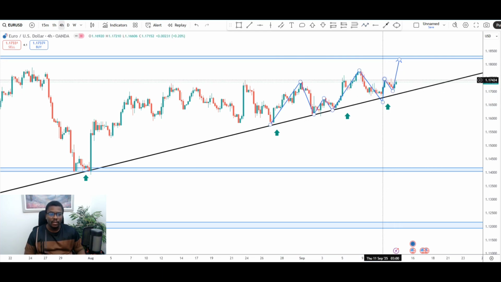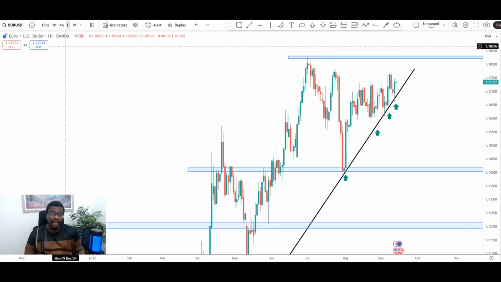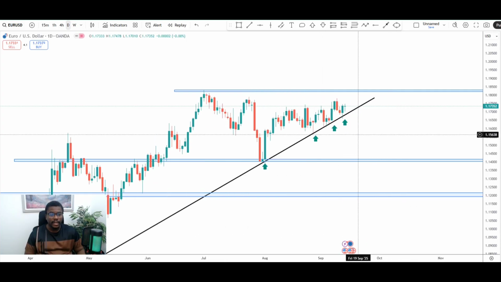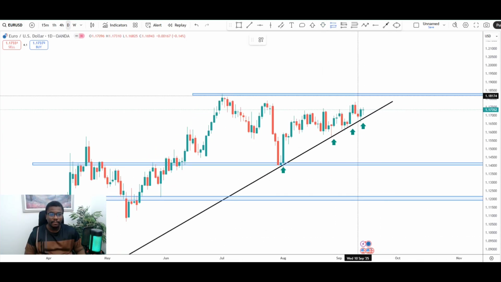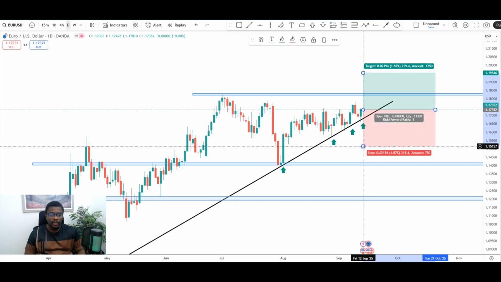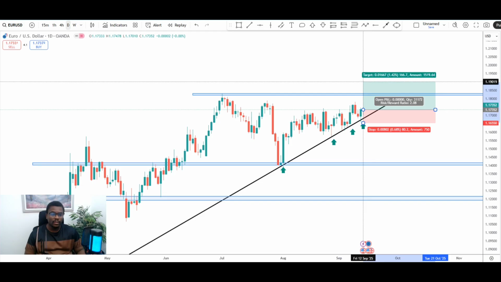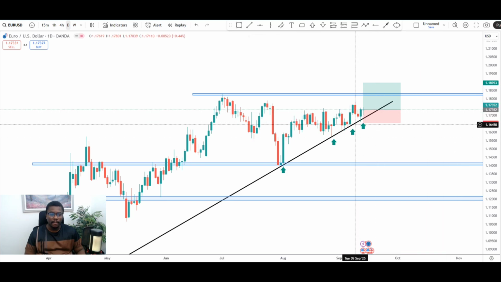Okay, so if we go back to the daily candle, this would have been a good opportunity if you were a swing trader to enter the market over here, putting your buys, your entry there, your stop loss just below this last engulfing candle, and your take profit usually will be at least 2-to-1 risk to reward ratio, and that's what my advice would be for